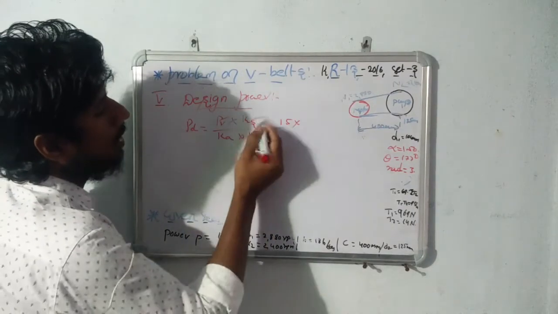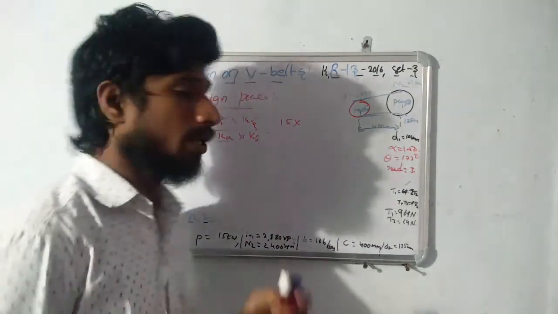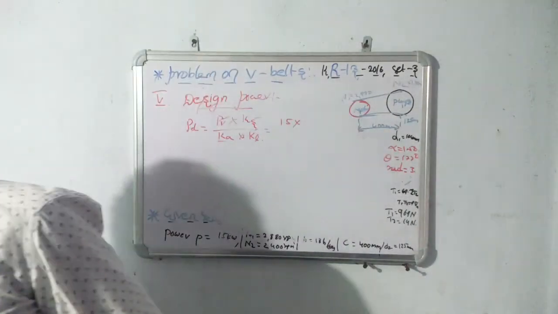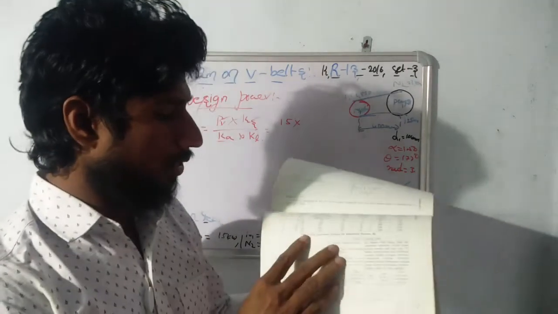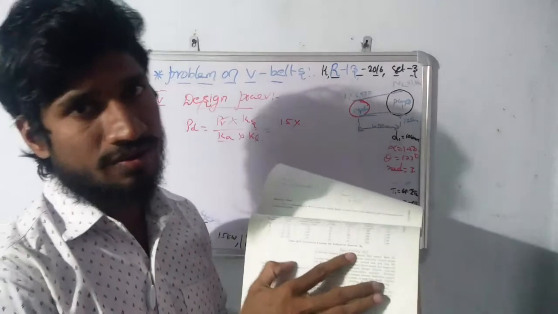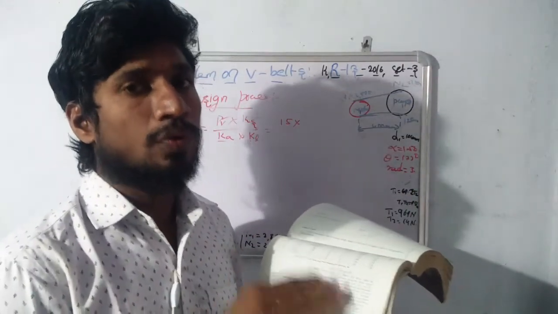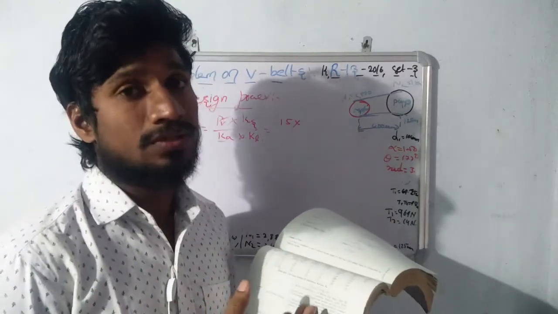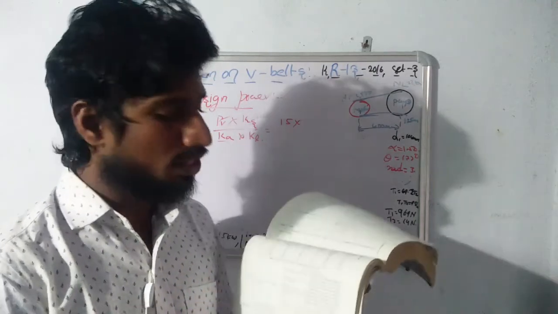kilowatts. We don't know the service factor and the arc of contact factor. For that purpose, we refer to the design data handbook. Let's see Table 22.2, correction factor for industrial service factor. Here, in the given problem, we know the need of that belt. That means the purpose of that belt: we are designing it to connect the AC motor and centrifugal pump.